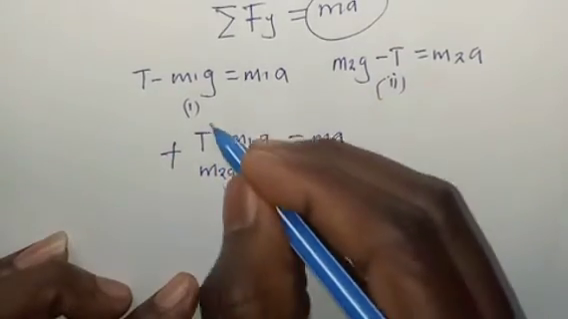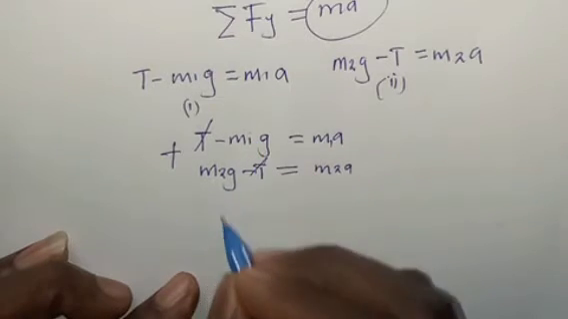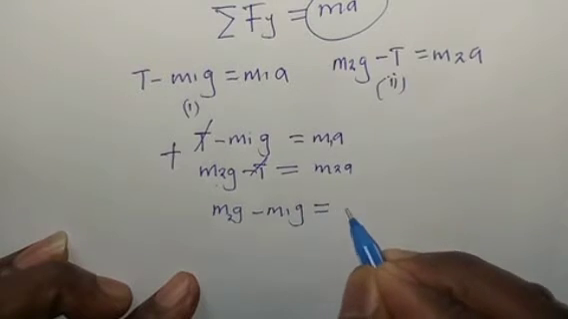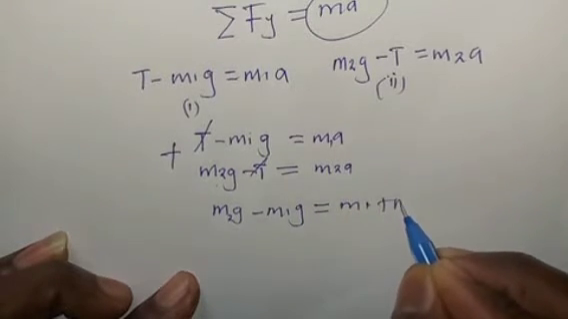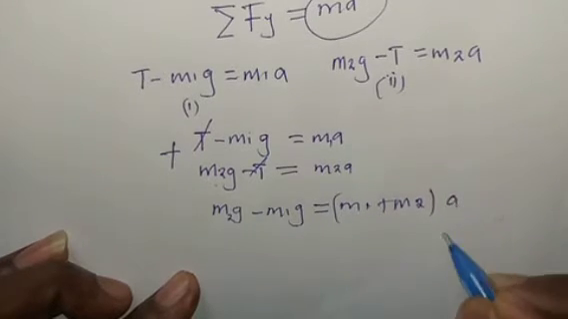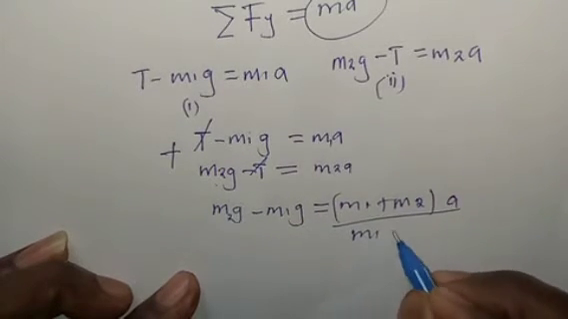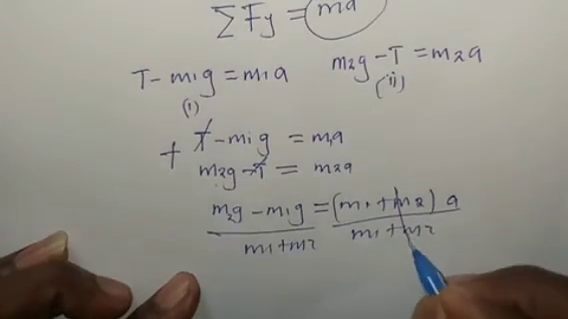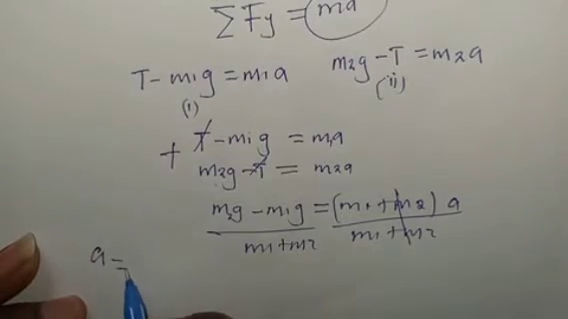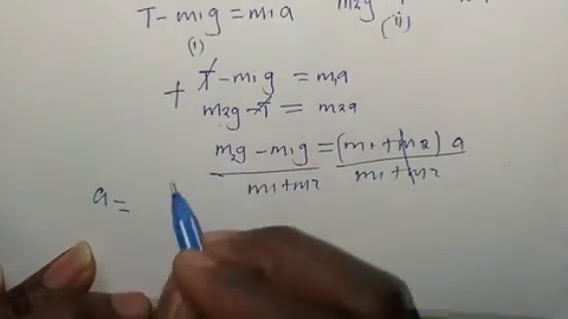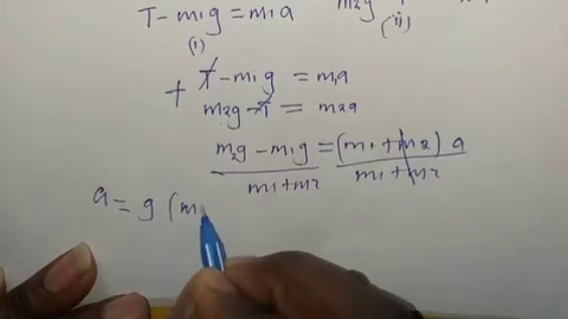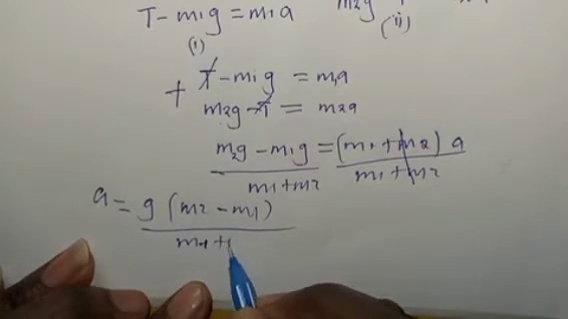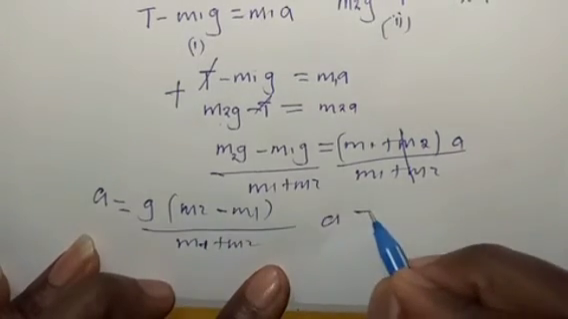If I add this and that, automatically this and this one will be cancelled. We're going to have this and that only. So we're going to have m2g minus m1g, giving us m1 plus m2, multiplied by acceleration. You divide m1 plus m2 over m1 plus m2. You cancel. Acceleration is going to be equal to, so in this case we can also factor out g. So g in m2 minus m1 over m1 plus m2,